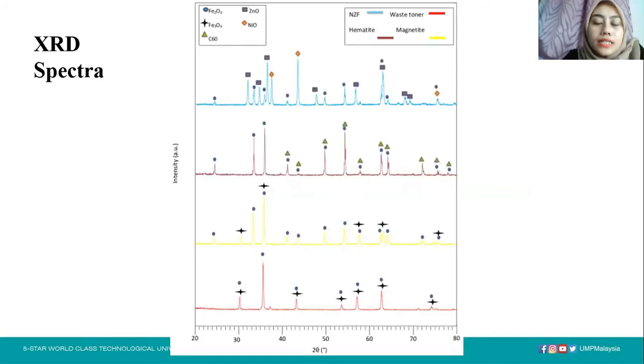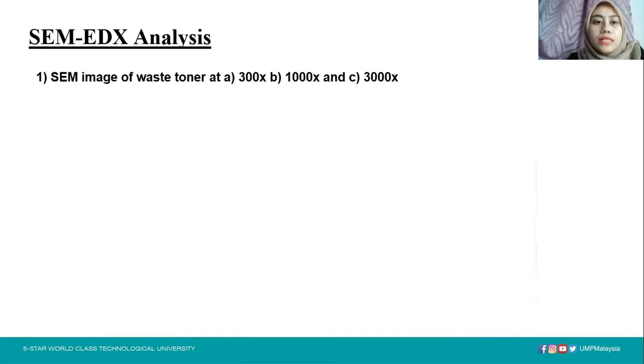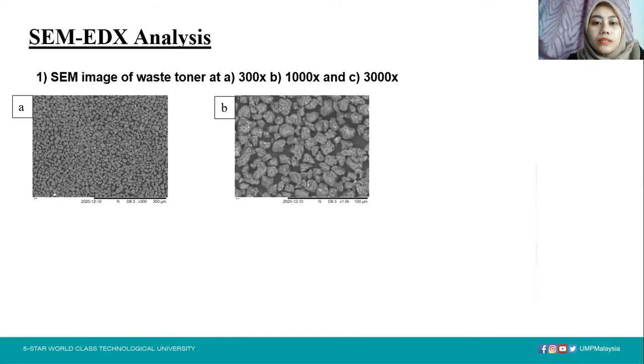As you can see in this XRD spectra, for the magnetite sample, the hematite was already formed even though it was sintered at 500 degrees Celsius. After that, the XRD parameters for each sample were determined, such as HKL, peak position, D spacing, FWHM, phase group, and lattice constant. Next, for SEM EDX analysis, first is the SEM image of waste toner at 300 magnification, 1000 magnification,